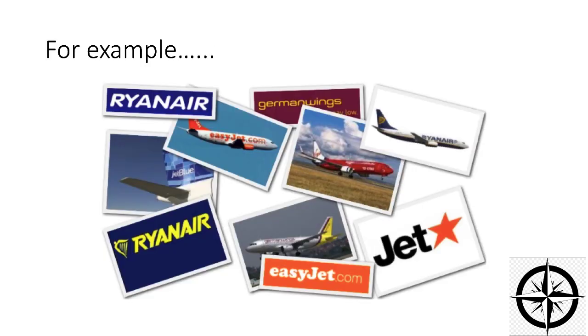For example, the idea of low-cost flying originally was a position innovation. It wasn't about new kinds of aeroplanes or new processes. It asks the question, who doesn't fly yet but might? Who's a potential but underserved market? So by creating an innovation to meet that particular position, they then had to rethink the product offer, particularly keeping this to short, simple flights, point to point rather than long distance, and huge amounts of process innovation to drive the costs down. Innovations like multi-skilling, innovations like reducing turnaround time at airports,